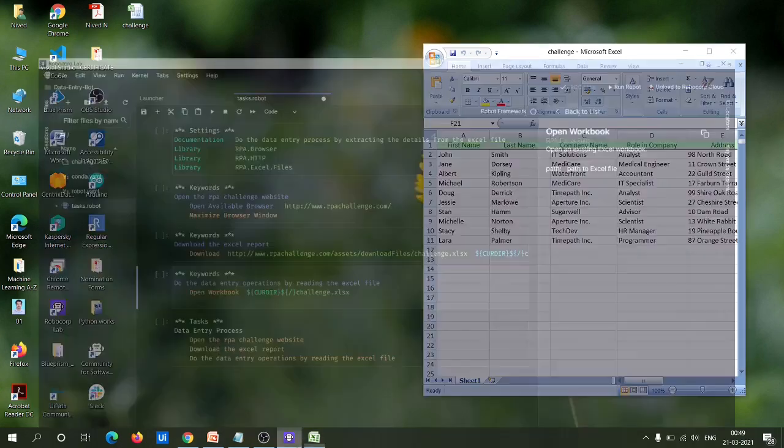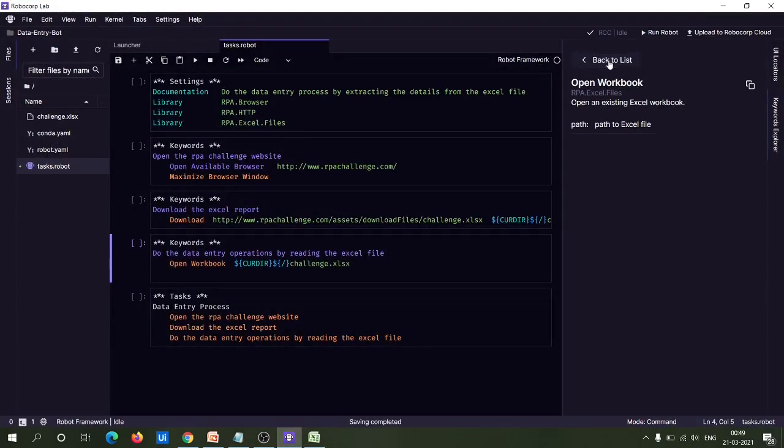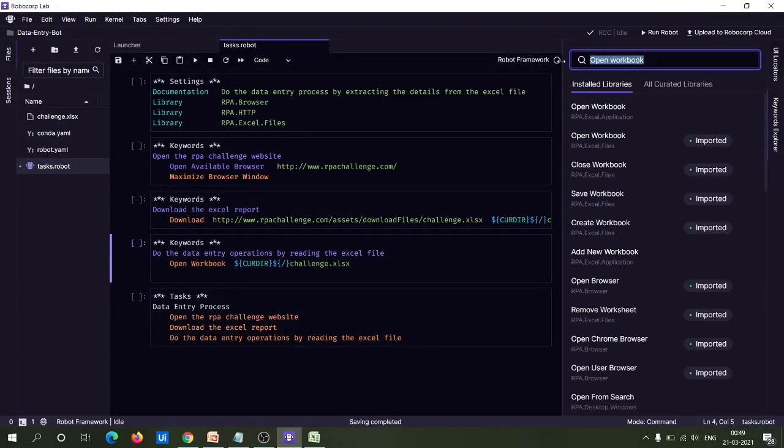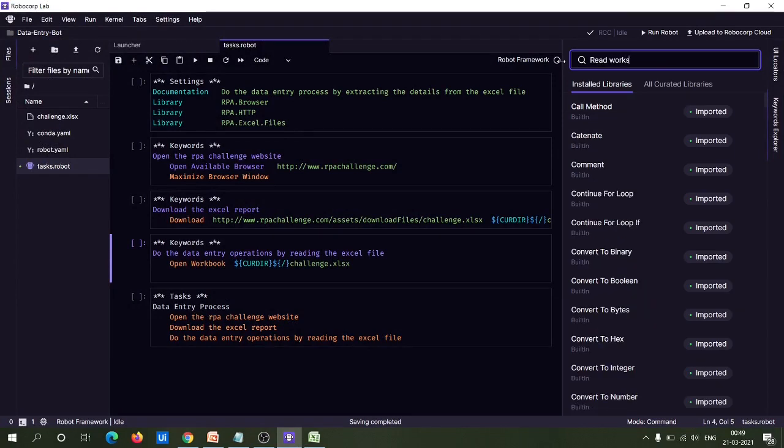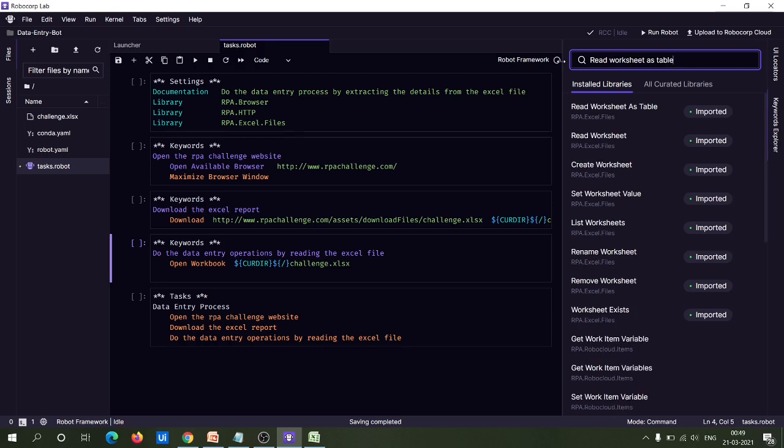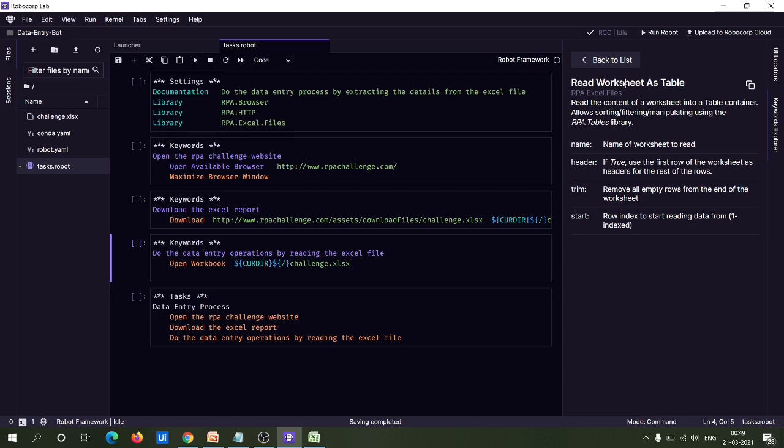For that, there is a keyword provided in Robocorp, which is read worksheet as table, coming under rpa.excel.files. This read worksheet as table keyword will read the specific Excel sheet from that workbook and store it in a table variable. So let me do that here.